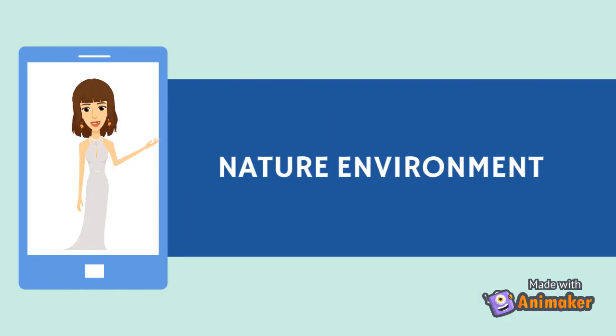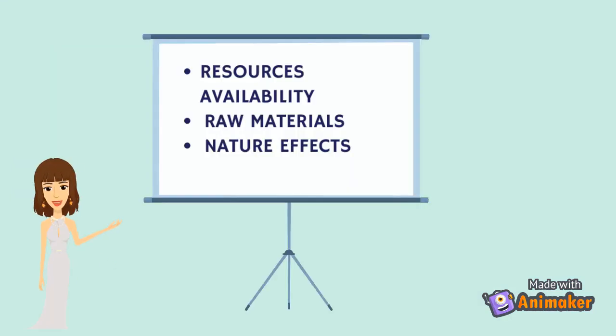So let's listen about nature effects now. Firstly, resource availability happens when a customer's demand is hard to supply, which affects the price of the final product. For example, a customer buys the Evian mineral water brand because it is rich in minerals and vitamins that are only available in a mountain in France. Then, raw materials. Raw material availability can affect pricing strategies in marketing, because if the raw material is easy to get, the price will be cheap.